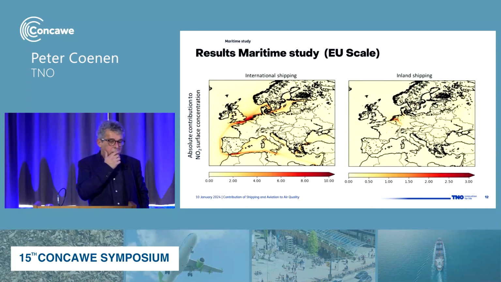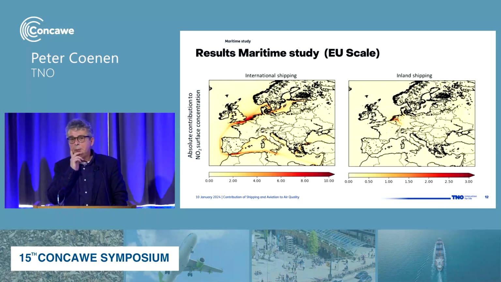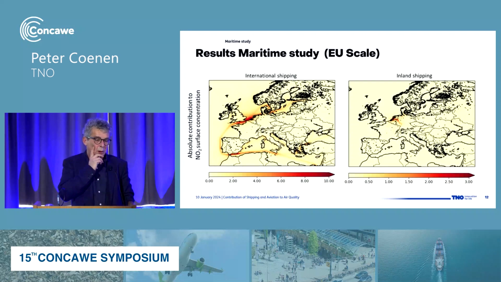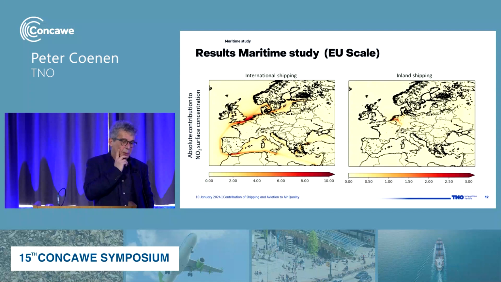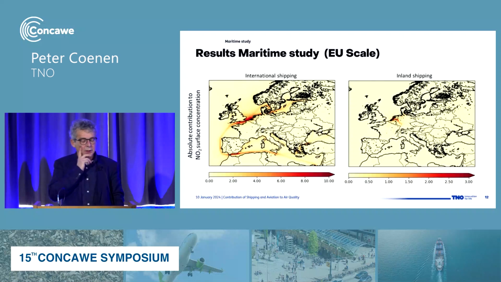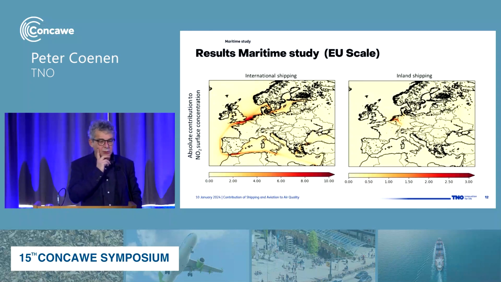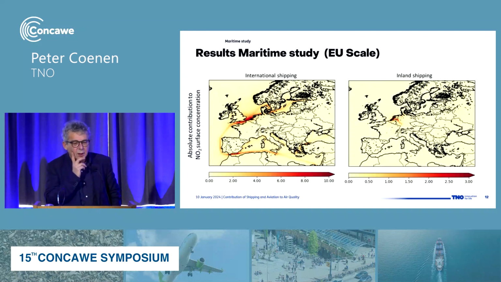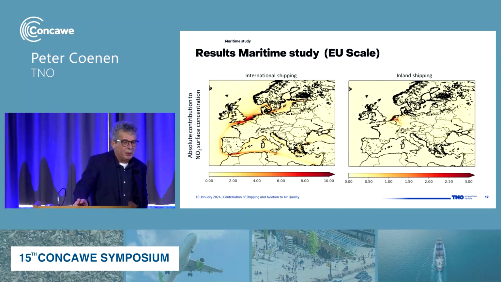So what you see here is two pictures of the absolute contribution of international shipping to the NO2 surface concentration in Europe. On the left, you see international shipping. You can clearly see the main shipping lines over the North Sea, in the Mediterranean, also in the Baltic Sea. And for inland shipping, on the right, you can see the River Rhine,